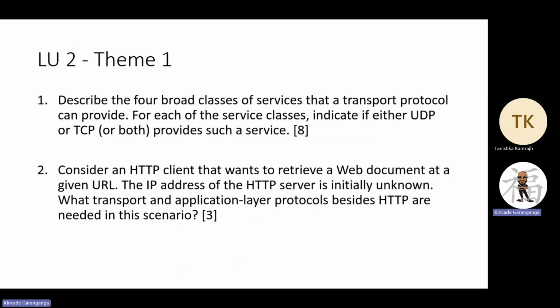So I want to go back to the first question here, looking at the four broad classes. It's an 8-mark question, so the argument is 2 marks apiece. But again, like I've said before, as much relevant content as can be plugged in, as is appropriate to what has been asked, is good. The first thing you want to discuss here would be reliable data transfer, like I was talking about earlier on, which literally ensures that we get some kind of acknowledgement from the receiver to say transmission has taken place. I've received that particular message or packet, within a definitive time frame, by the way,